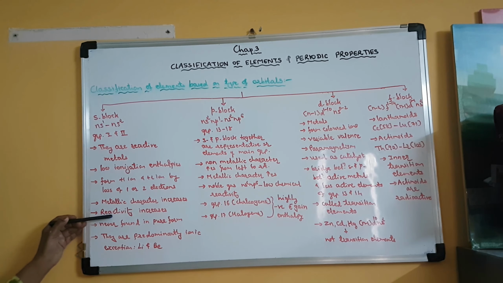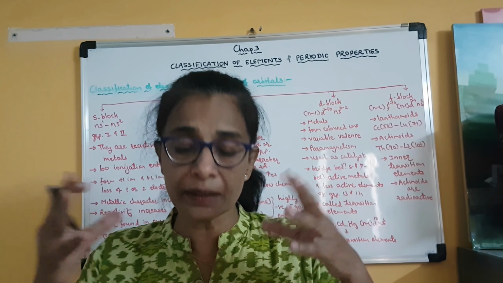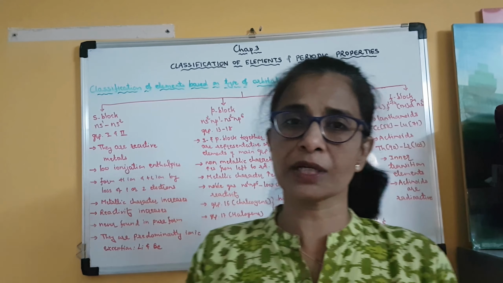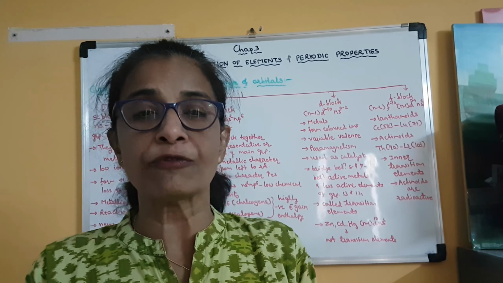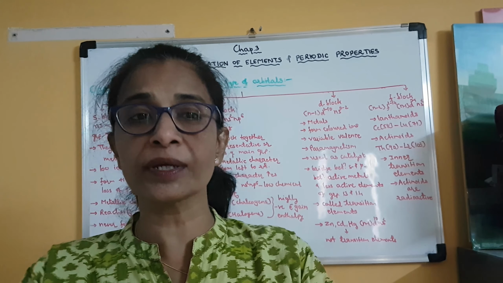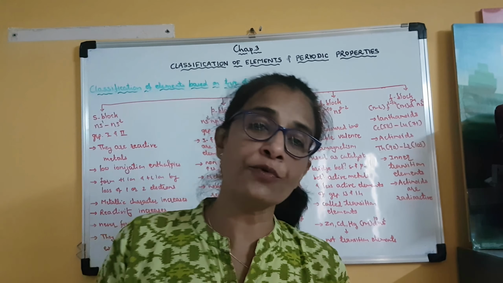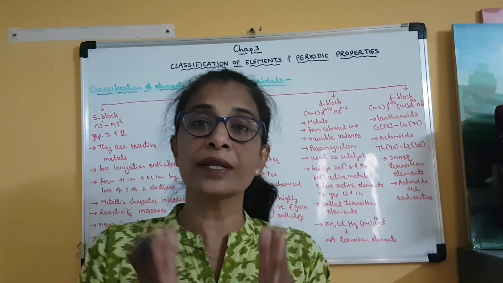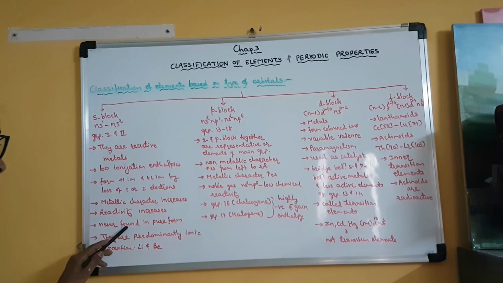They are never found in a pure form because they are very reactive metals. So whenever any element is very reactive, in nature it cannot be found in a free state, in a pure form. For example, we cannot find sodium or potassium in a pure form in nature. They are always found as either potassium hydroxide, sodium hydroxide, potassium oxide, sodium oxide, like that. They are always found in a compound form. So because of higher reactivity, they are never found in a pure form.